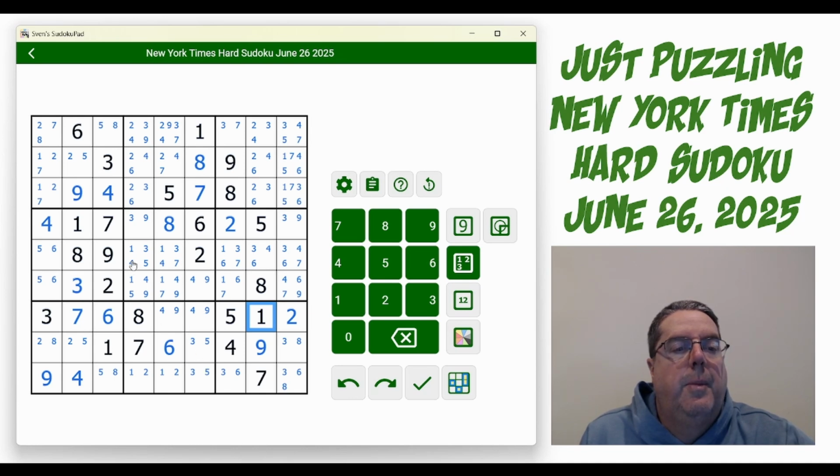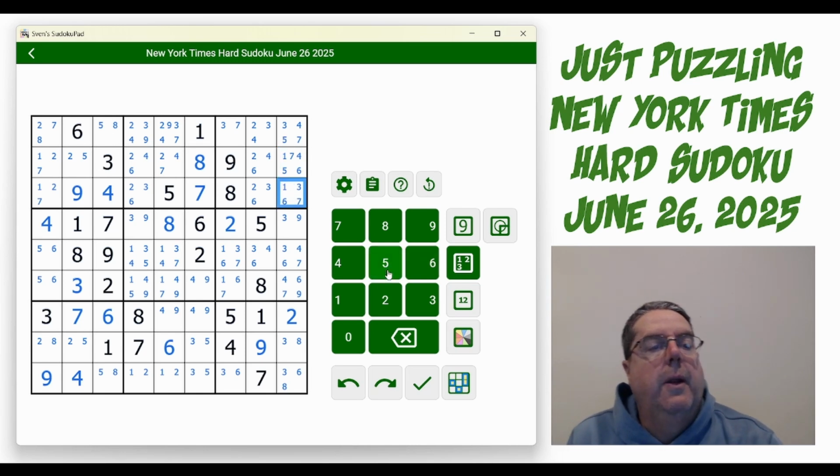So 5 is up this side. 5 is there. So 5 is those two. And that's a 5. And then 5 is those two. Which means 5 has to be one of these two. So that can't be a 5 there. It's just another number, but